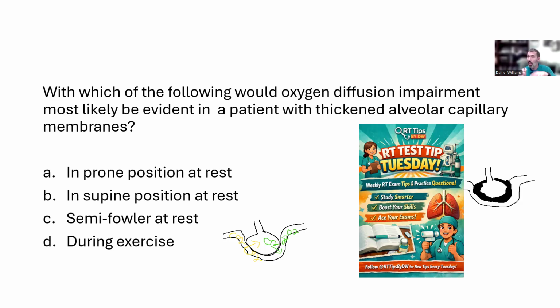Going back to the rate of blood flow, deoxygenated blood returns to the right heart. The right heart sends blood into pulmonary circulation where this diffusion is going to take place. And then that oxygenated blood gets returned to the left heart and out to the rest of the body so that those items can be replenished. So with that being said, we have to look at the transit time for that blood movement across that